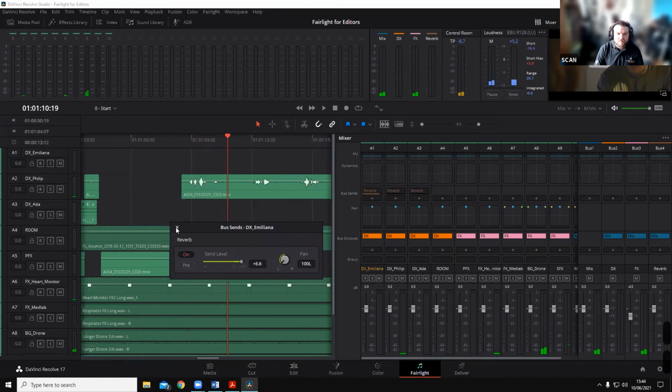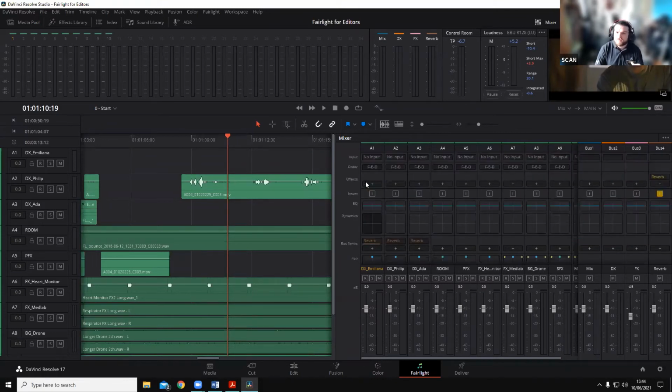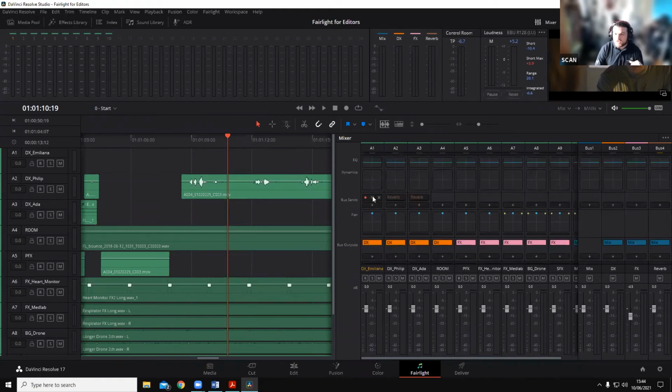Let me have a look. I know exactly why that is, and it's actually a good talking point here. As you can see, the bus sends have a separate fader. So what we're doing really here, an easy way to think of this, is our clips come in, they are in our track, they go through this processing, they're sent out to our bus,